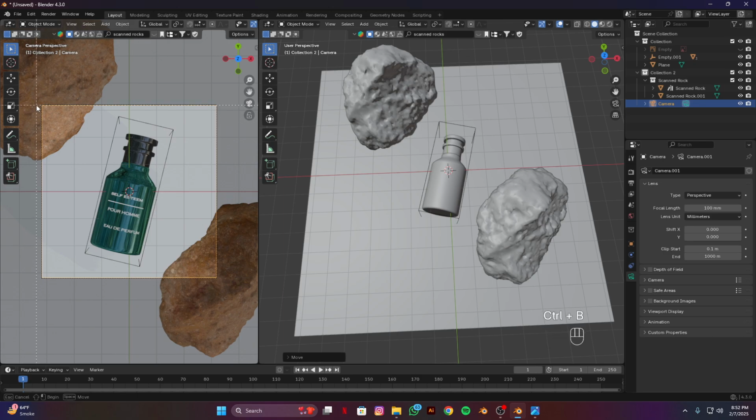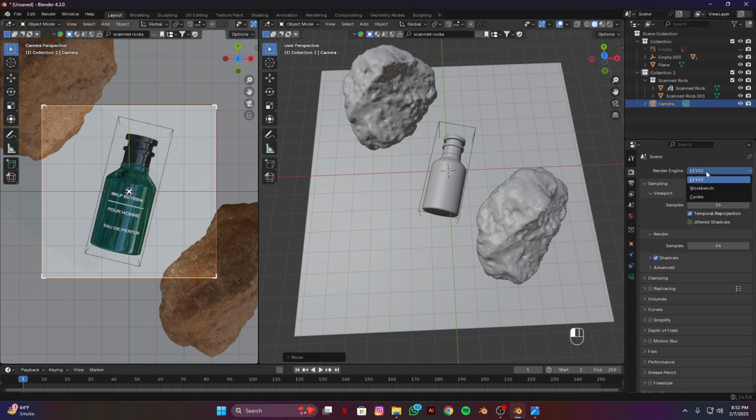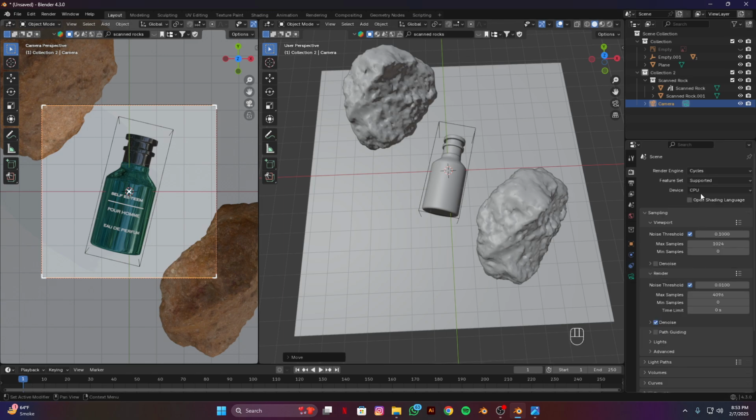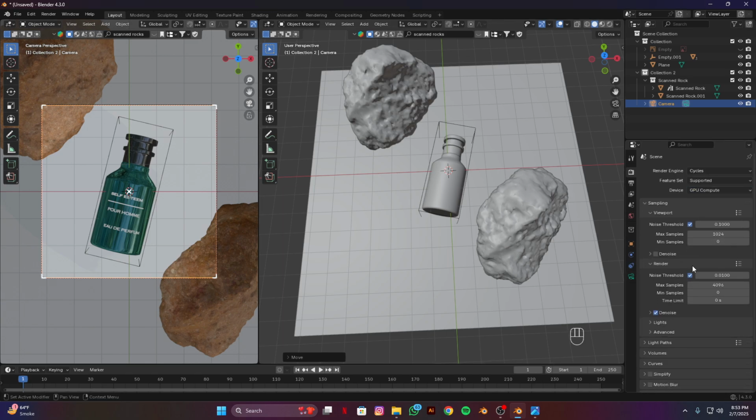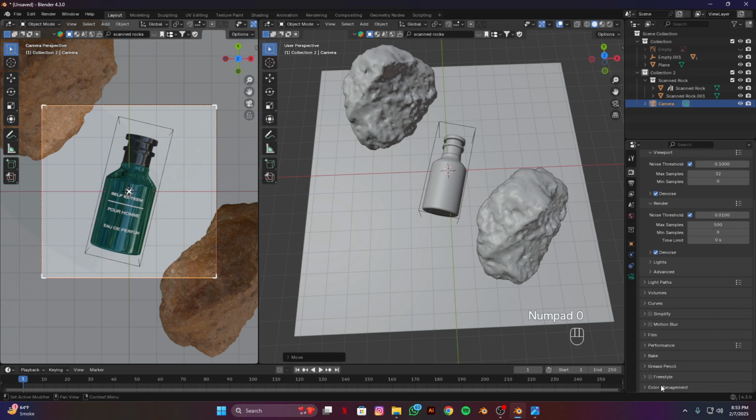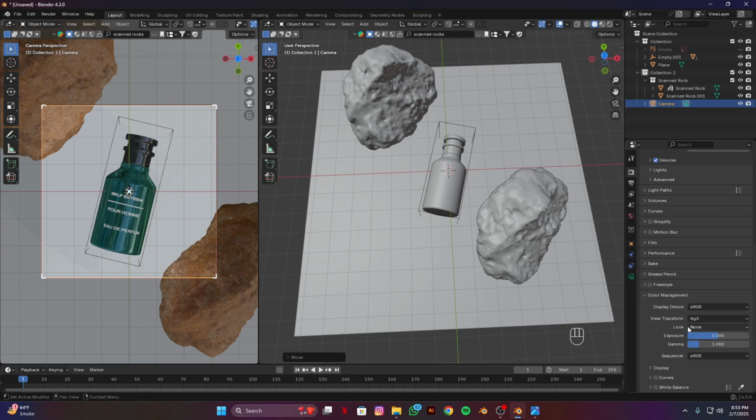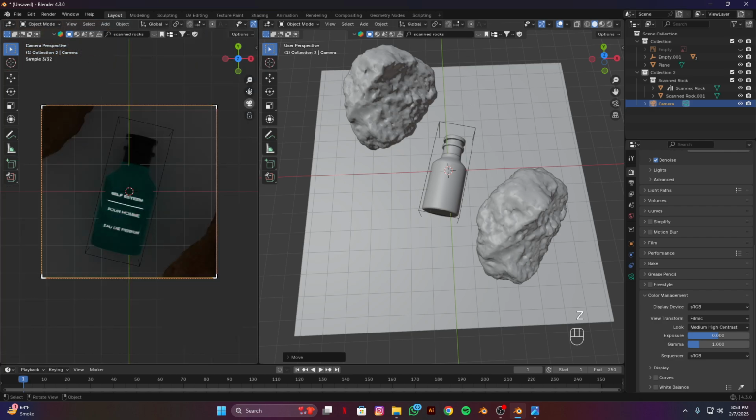Control B. Now we have to do some render settings. EV to cycle, CPU to GPU compute. Max sample for viewport will be 32. Denoise open and max sample will be 500. And color management, AGX to filmic, none to medium high contrast. Okay, Z, and make it render view